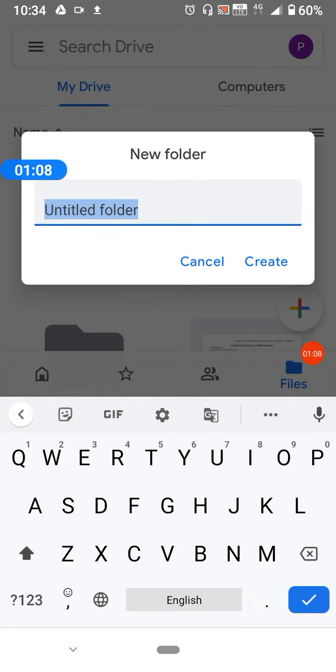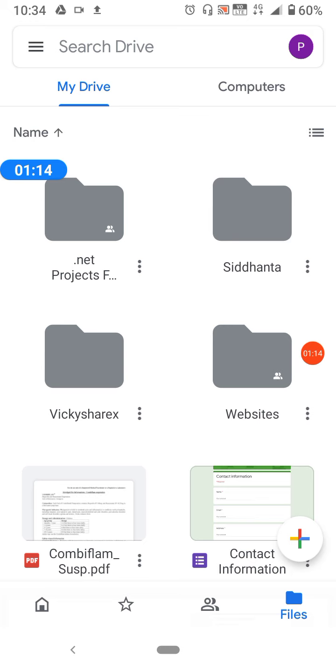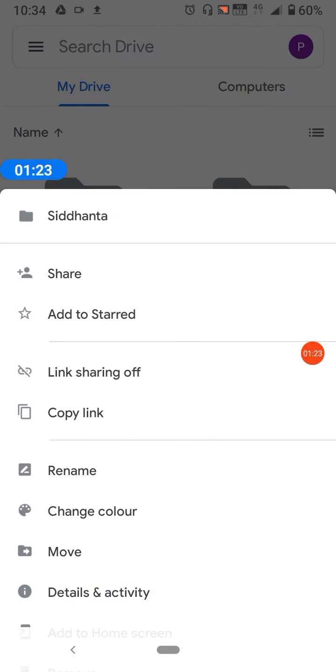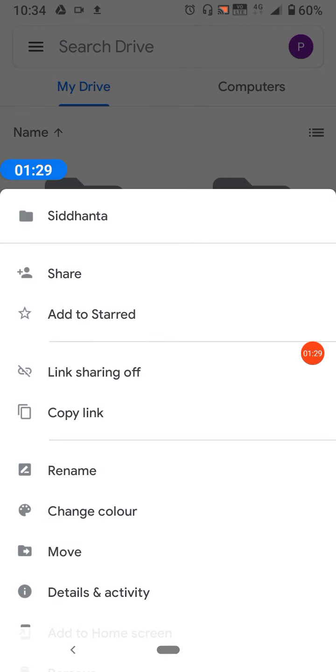Suppose we want to name the folder, like I want to name it Siddhanta, and I have created the folder. Now this folder is created, but this is a private folder, so I will have to first make it public so that anyone with the link can see it. So we will press this three dots, we'll come to share,